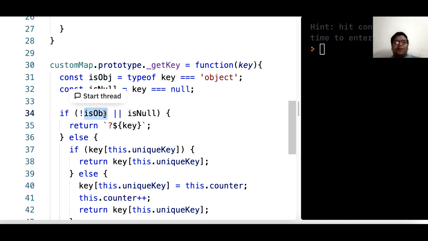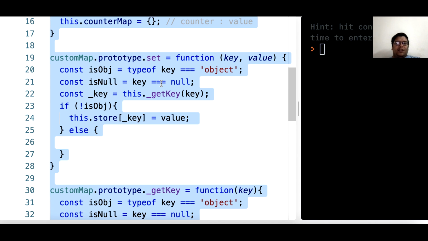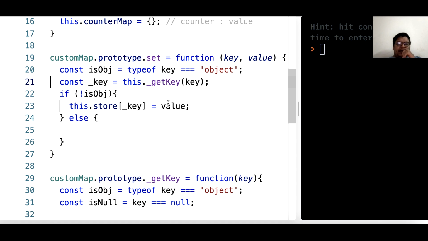So is-object is true, that means this will be false, but it's a null, so we still get around it, so we don't need it here, right.